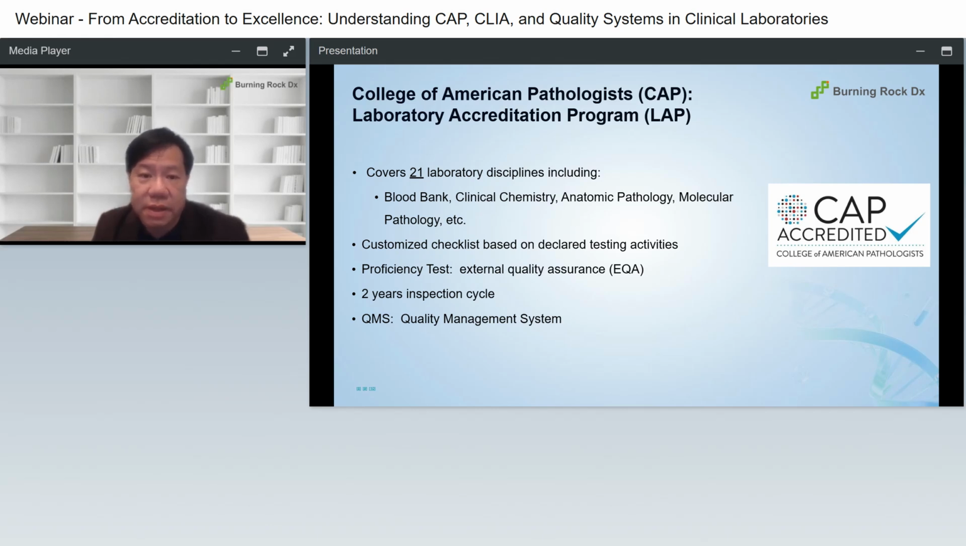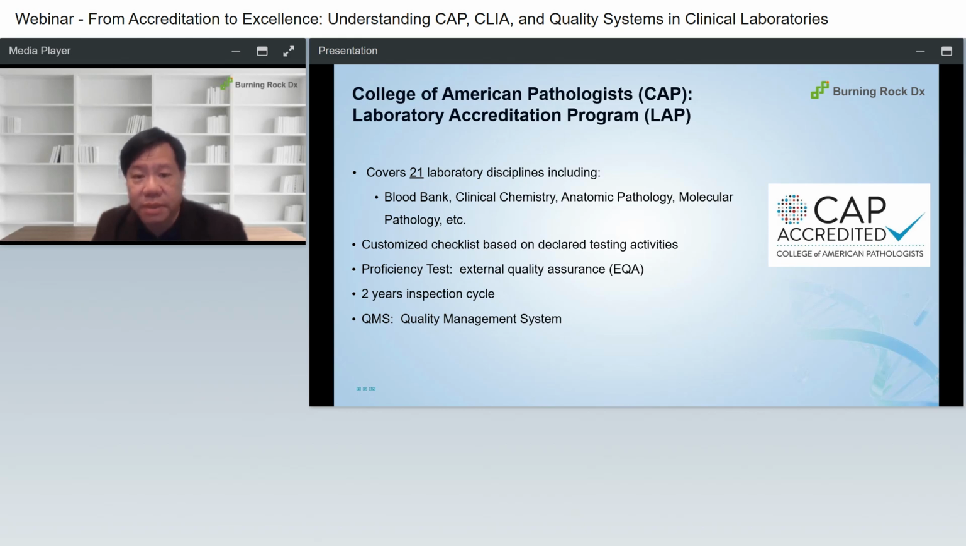So it covers 21 laboratory discipline checklists, including blood bank, clinical chemistry, anatomic pathology, molecular pathology, etc. They have a customized checklist that's based on the declared test activity. So, for example, if one were to set up an NGS lab, depending on whether there's a wet lab or informatic component, one would need to declare those activities, and accordingly, the checklist will have the requirements for those activities corresponding with the